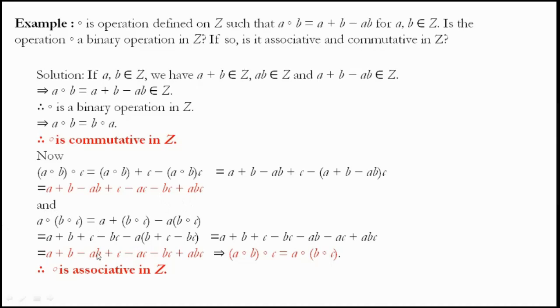And if you do it in the same way, using the associative law, A binary operator (B binary operator C), consider A as X and B binary operator C as Y. Now X plus Y minus XY is the resultant expression. Wherever Y is there, you substitute B binary operator C. Then you expand it. You will get the same expression, that is A plus B minus AB plus C minus AC minus BC plus ABC, whatever you got in the previous step. So hence this is commutative as well as associative. This is the way you are supposed to prove the expression.